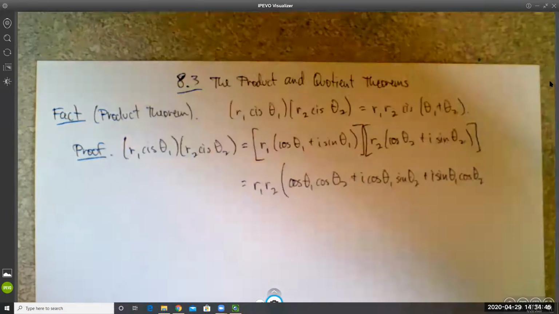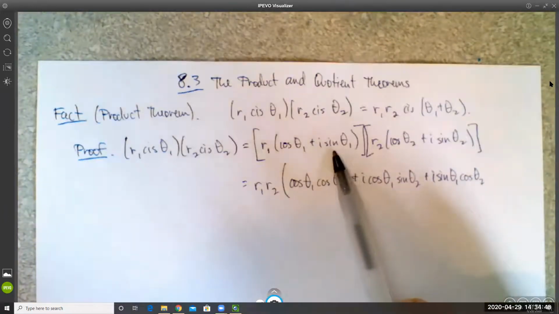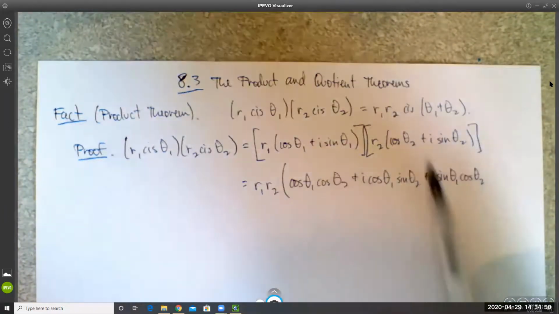you can hear my kids arguing, and then plus i squared